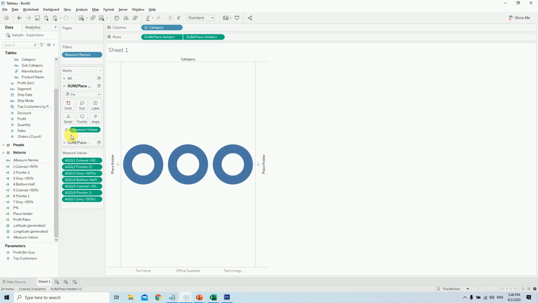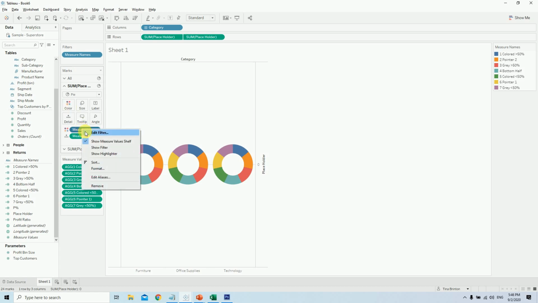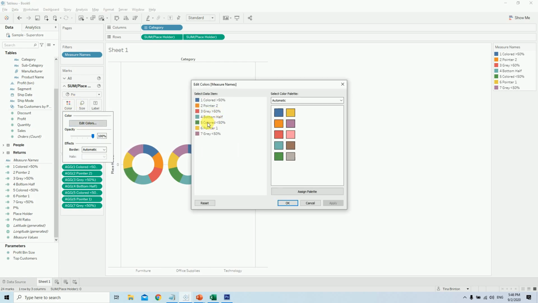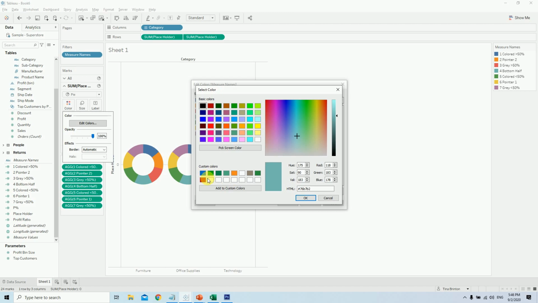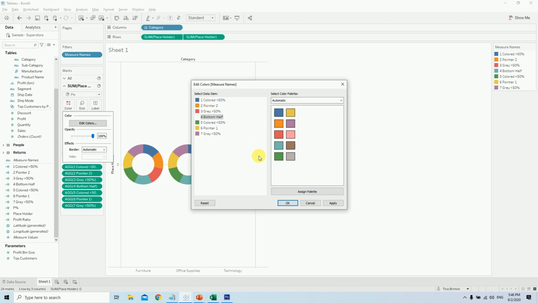You see here, measure values into the detail area. Here I'll just do one thing. I will assign the colors for each and every measure name. I'll just drag the color onto the measure names, and I will click on this and say edit colors. For bottom half, double click and give the white color, say apply.